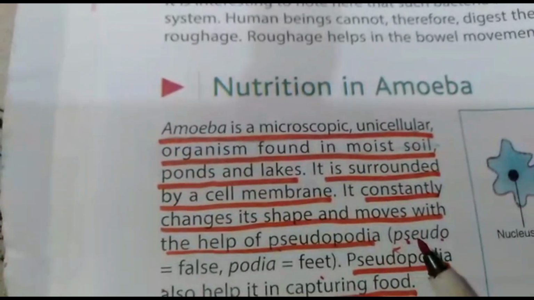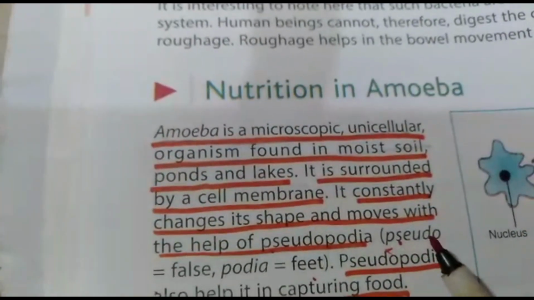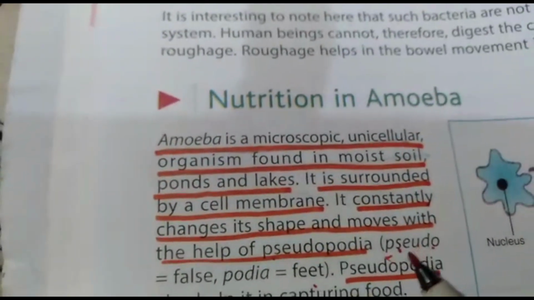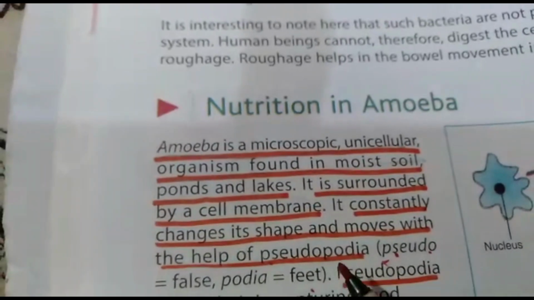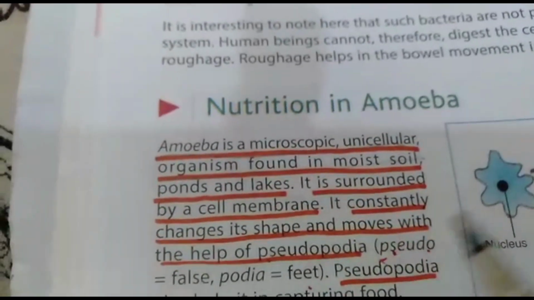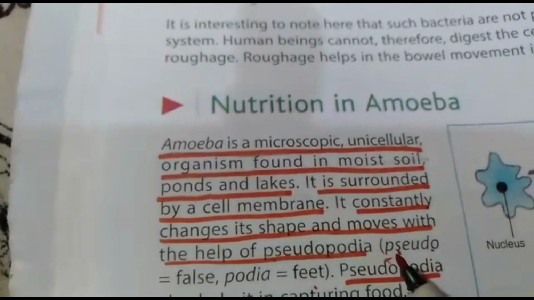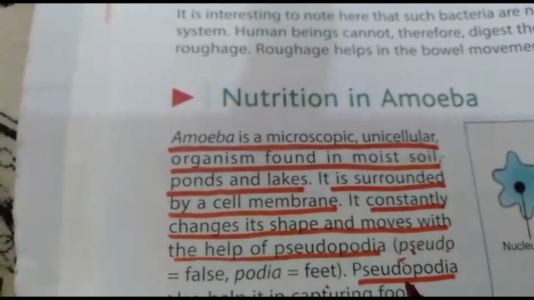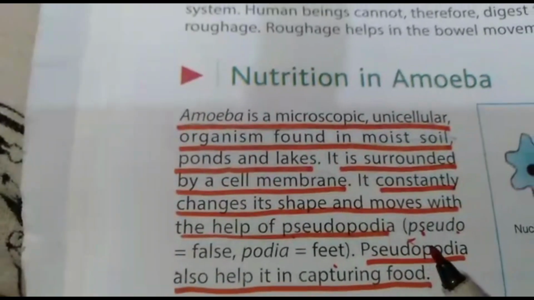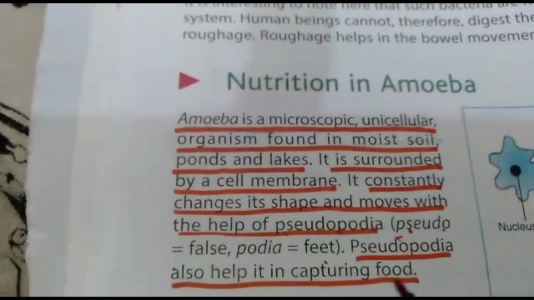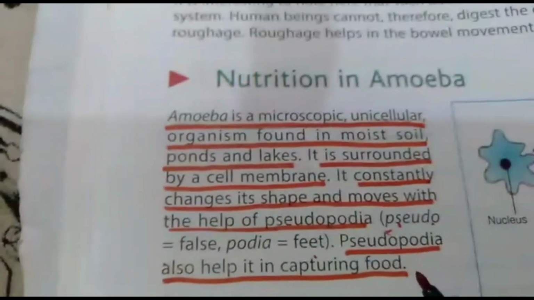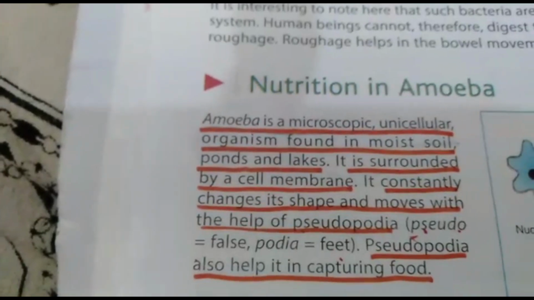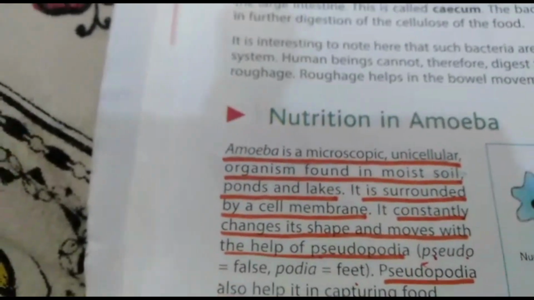Amoeba, from its membrane, whenever the requirement is there, whenever it has to move or catch the food, the cell membrane bulges out and behaves as a pseudopodia, that is the false feet. So the amoeba usually uses pseudopodia for capturing the food. Let us see how the amoeba uses its pseudopodia for catching the prey or the food.